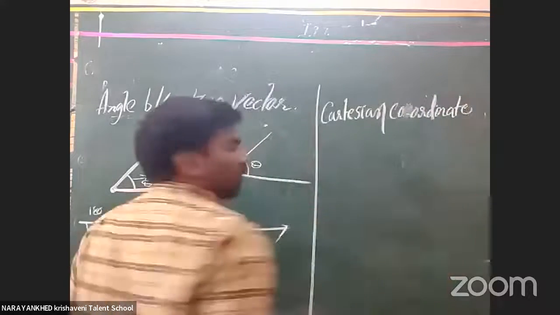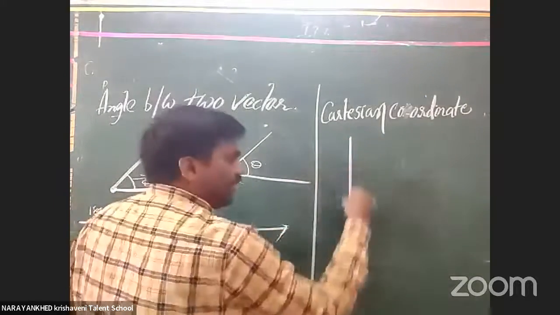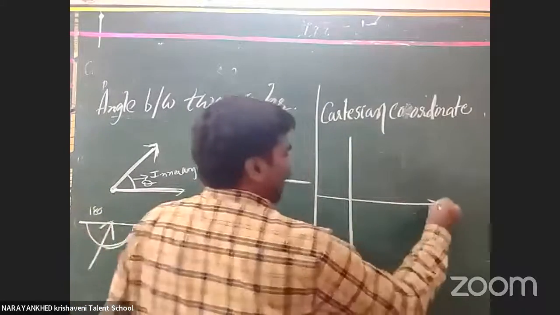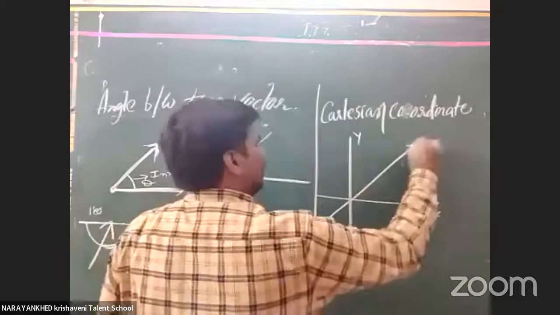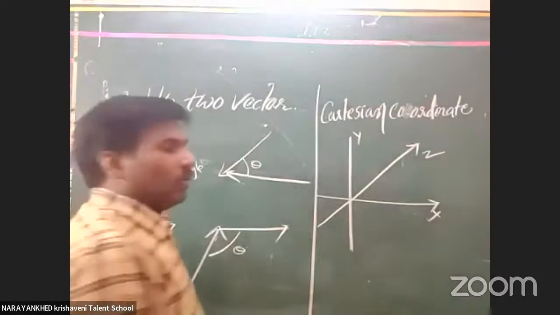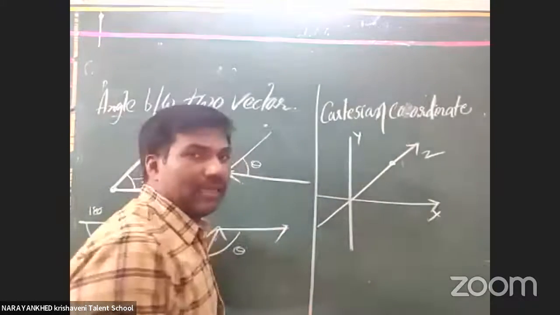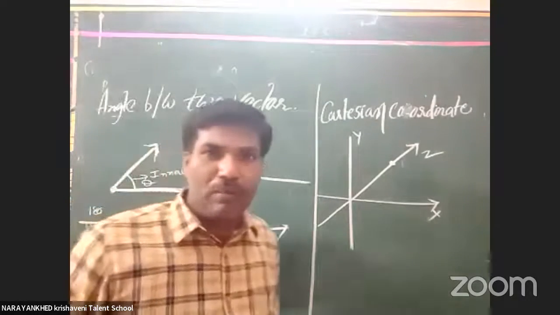Which one is called the Cartesian coordinate? Here we take the x-axis, y-axis, and the z-axis. There are three axes here. Okay, clear or not? Suppose we have to find out one particle's position with respect to all axes. For example,